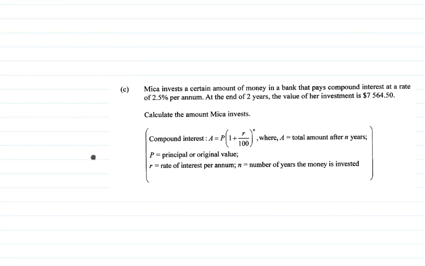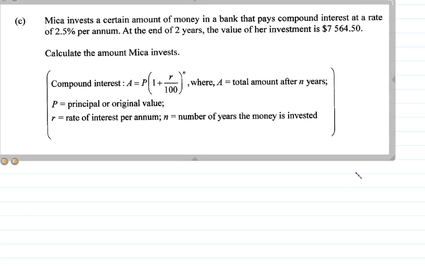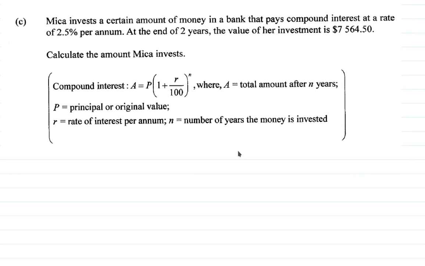All right, good. Now, you have this investment, 2.5% per annum. At the end of 2 years, her investment is that amount. Calculate the amount that she received, and you have